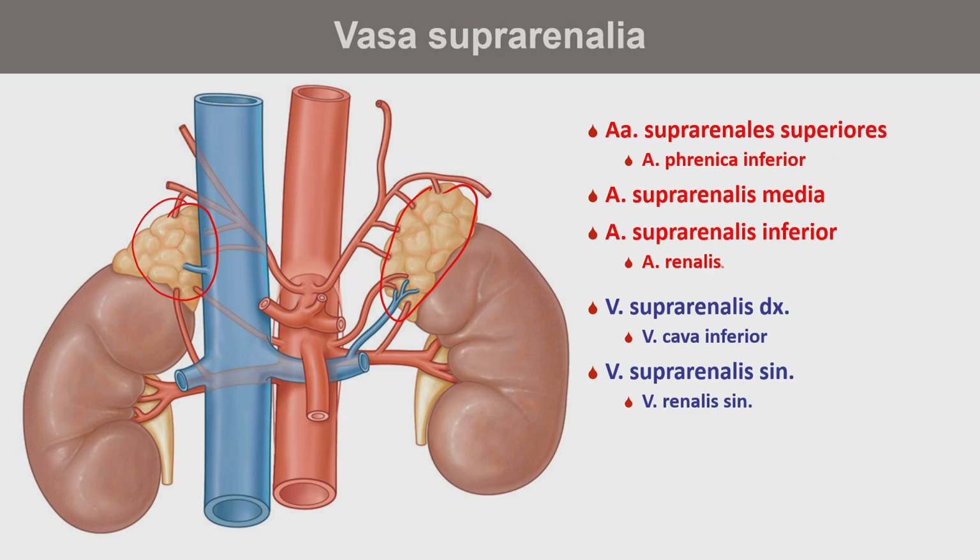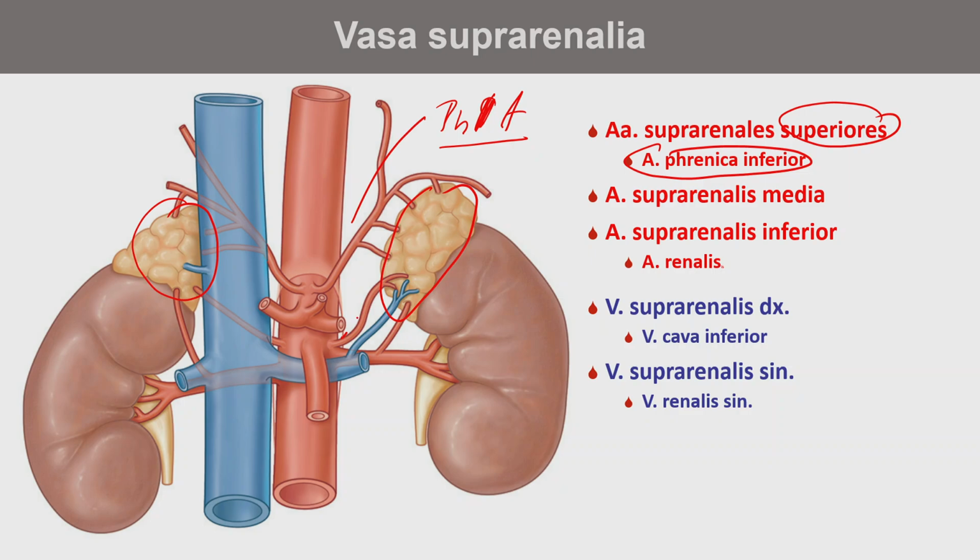So the 3 arteries, one is superior, and it is from the inferior phrenic artery. The inferior phrenic artery is a branch supplying the diaphragm, and from which a small vessel supplies adrenal